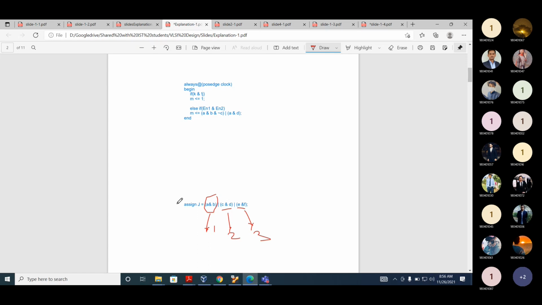Now we will explain a more complex example, how we can implement a more complex function with this macrocell, using multiple macrocells. I will explain this with an example.